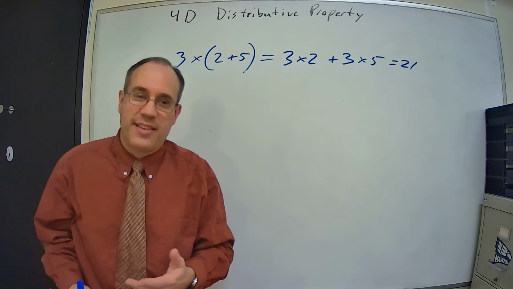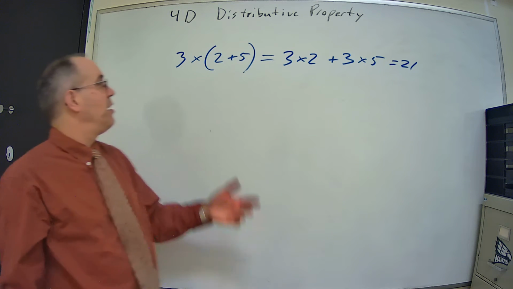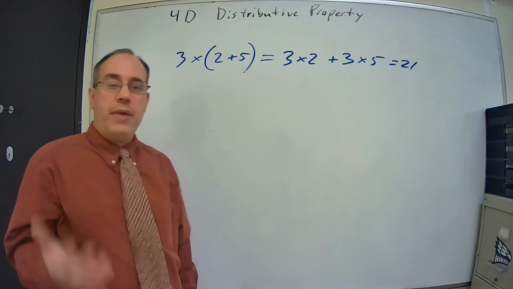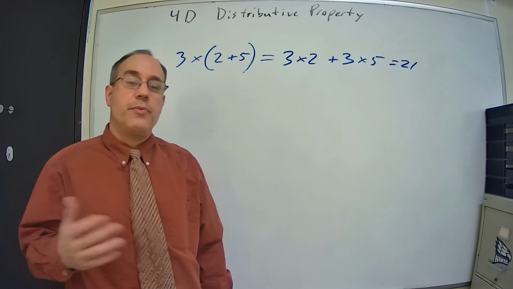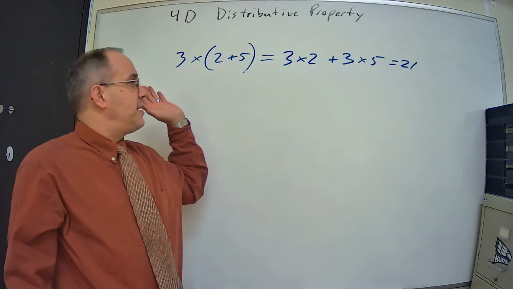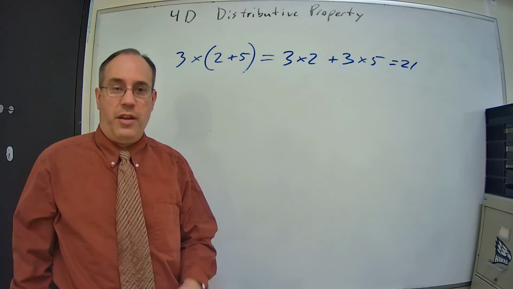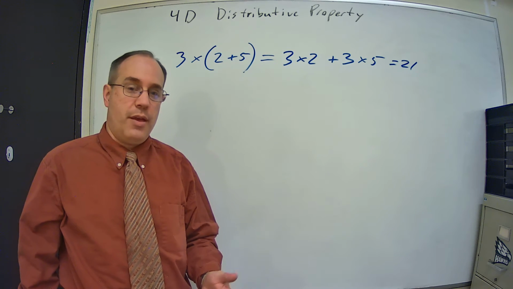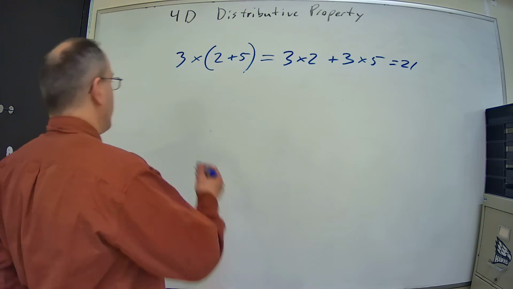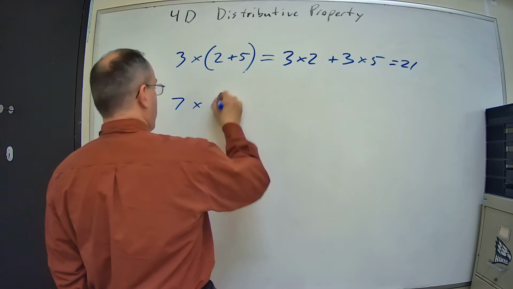And I know you're looking at this particular example going, why would I want to do that? It was easier for me to go 7 times 3. The main reason you want to deal with the distributive property is because it will simplify things when you get into algebra and when you're dealing with letters in there. But another reason you may do that is this. 7 times